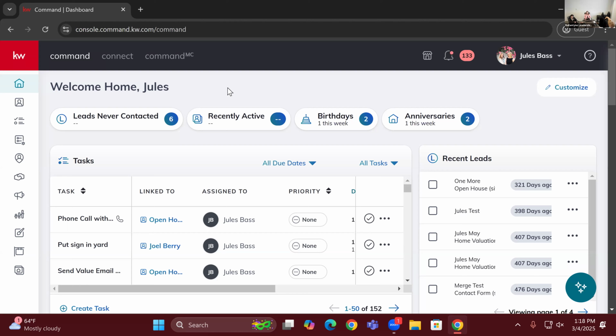Also in regards to contacts, just how Command wants you to enter those contacts for spouses. It does not want you to input them as John and Jane Smith as one contact. It does want you to have a contact profile for the wife and the husband, and then you can link them. But they do want them to have their own emails and phone numbers for Command.